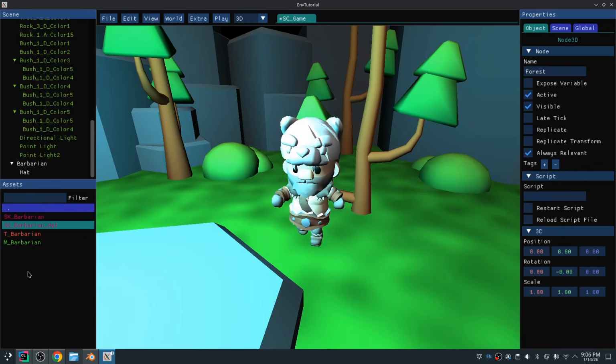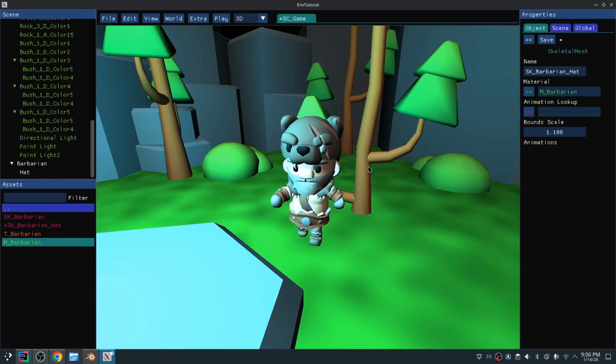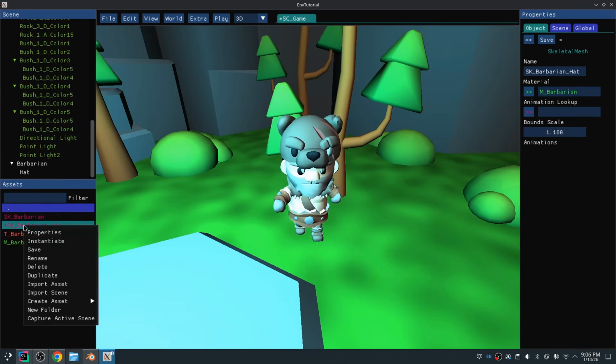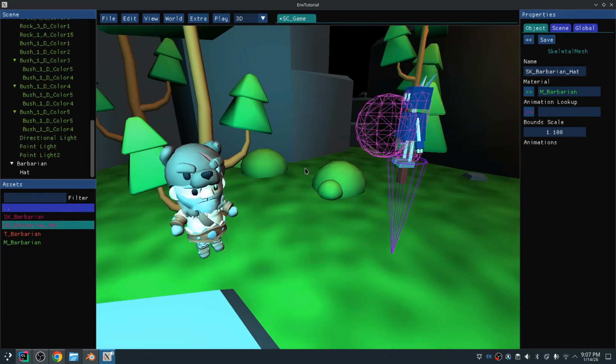The hat's now moving along as it should. And we can also go ahead and assign the barbarian material to the hat. Oh, that looks pretty badass. Wow. Okay, right-click Save. So next up, we are going to try to get our character to replace this mesh